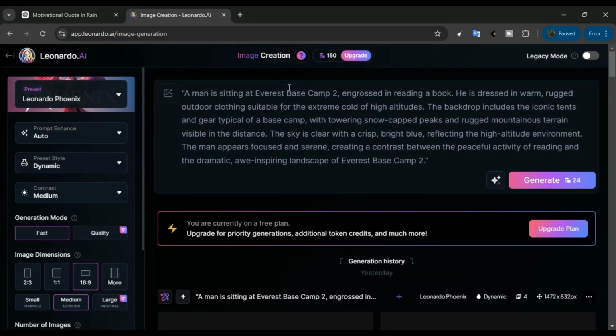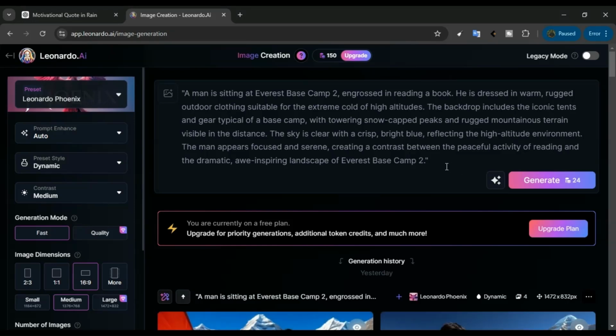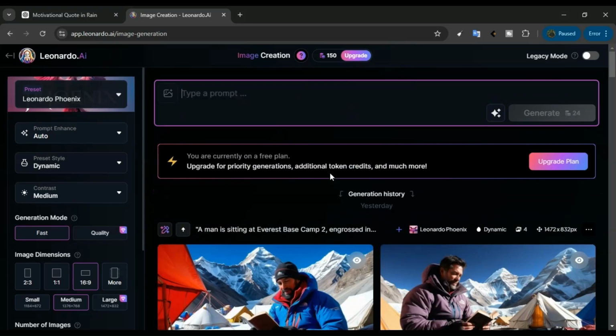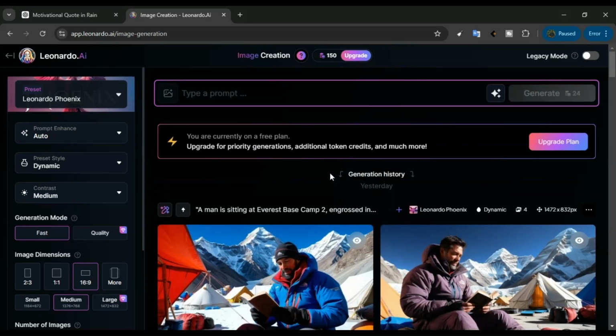So now you need to submit an image prompt. To create an image prompt, I always use ChatGPT or Gravity, right? To get an image prompt, I just put basic information into ChatGPT, and ChatGPT provides me an image prompt for Leonardo AI. So just click here, delete all the text, and paste your image prompt,